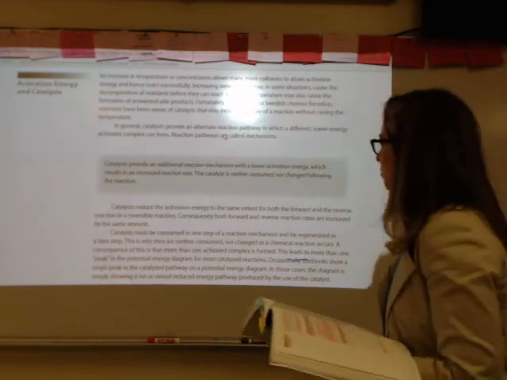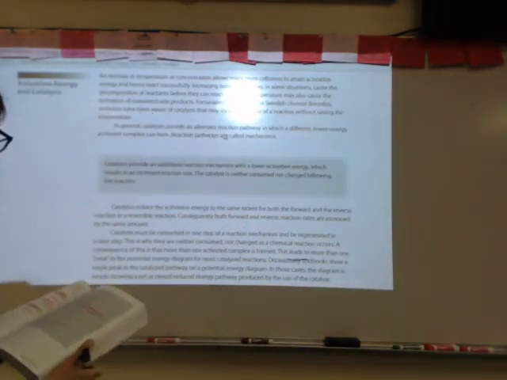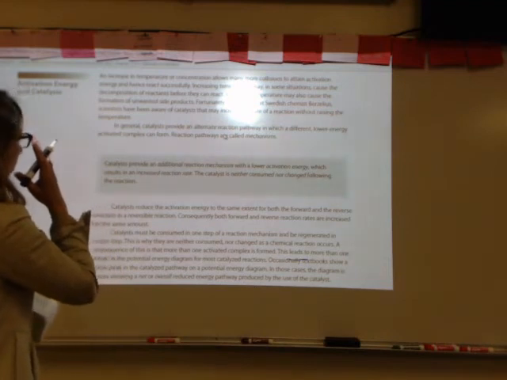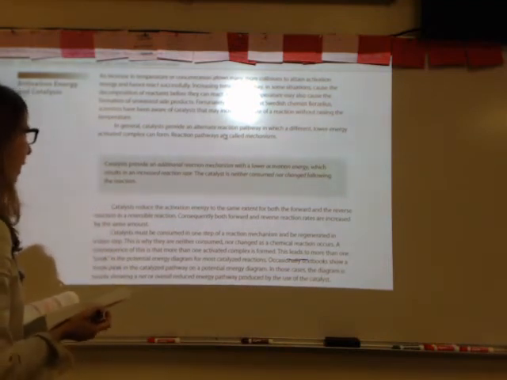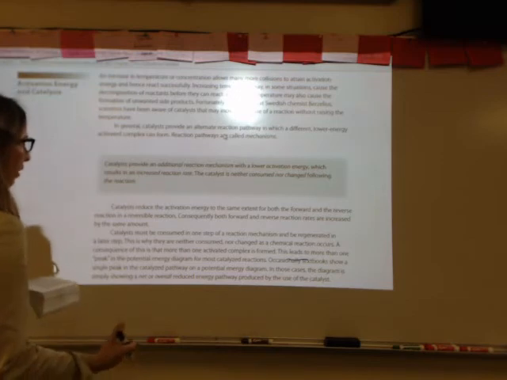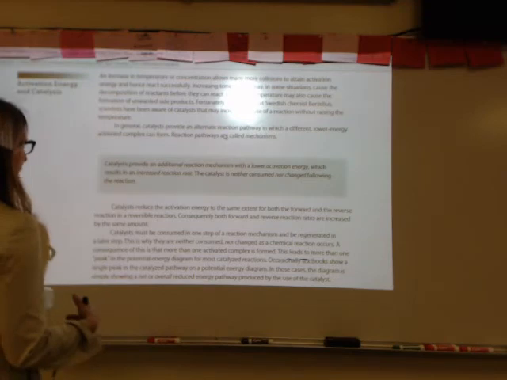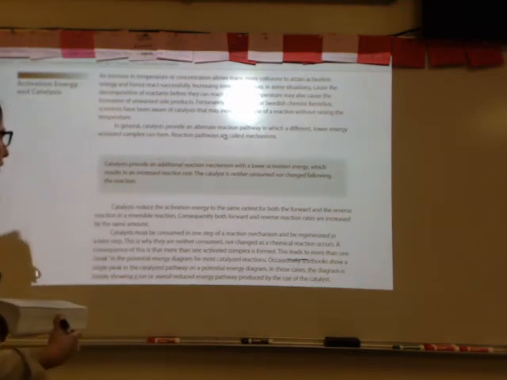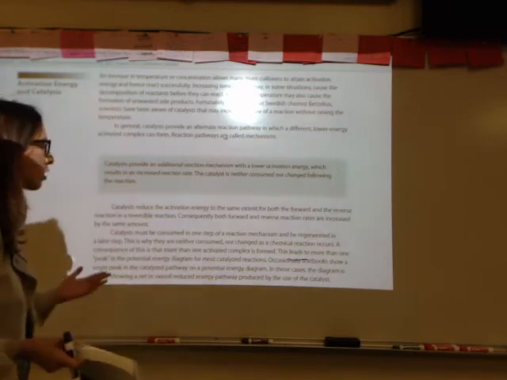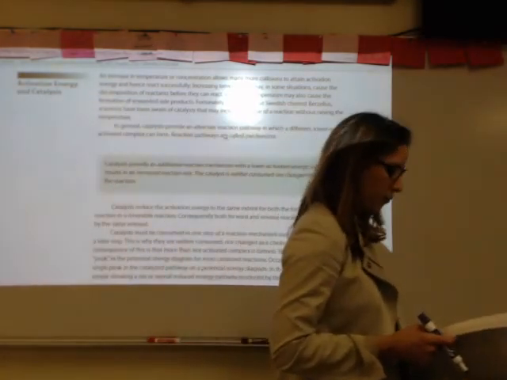Let's talk about activation energy and catalysis. When you increase the temperature or concentration, there are going to be more collisions. And in general, catalysts are going to provide an alternate pathway where we have a lower energy activated complex that can form. And when we have an alternate pathway, these are called mechanisms. We briefly mentioned this in another section. Catalysts provide additional pathways or an additional reaction mechanism, because reaction mechanisms are different steps in a reaction, okay? And that different step is going to have a lower activation energy,